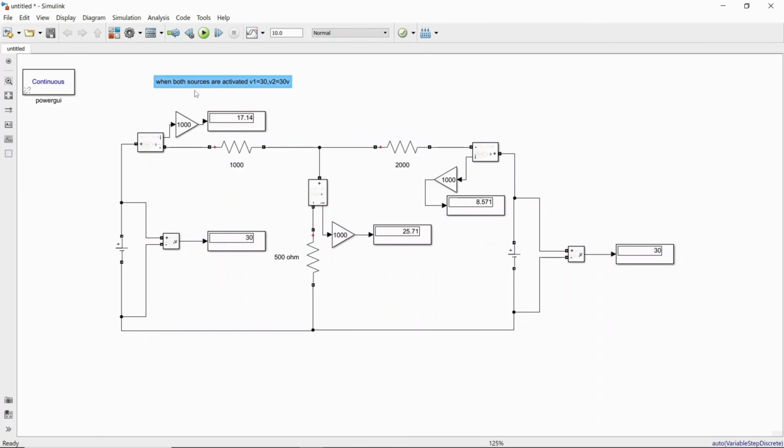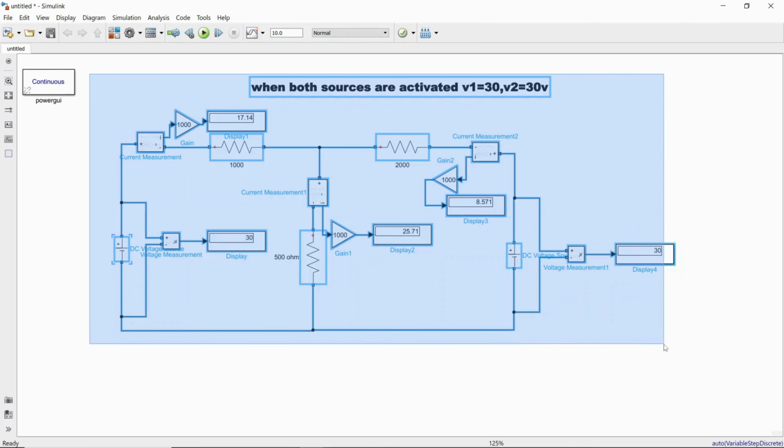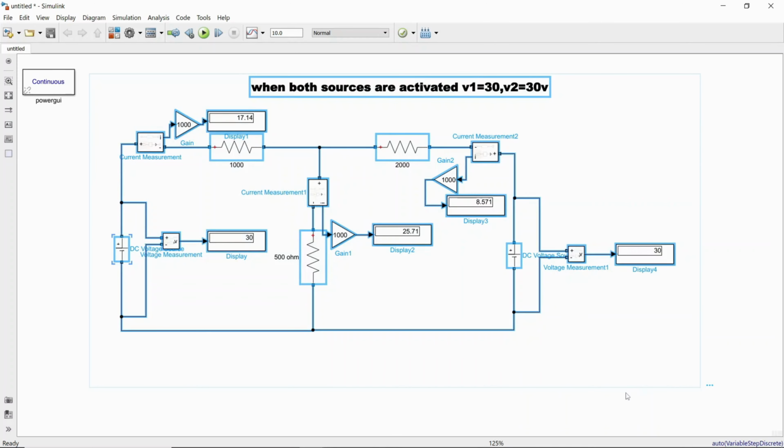Okay, so this is what we are going to get here. So you can enlarge it and copy it here. Keep the size black, bold, and size as some 18. Okay, so when both sources are activated, just again copy the same content, Control C,